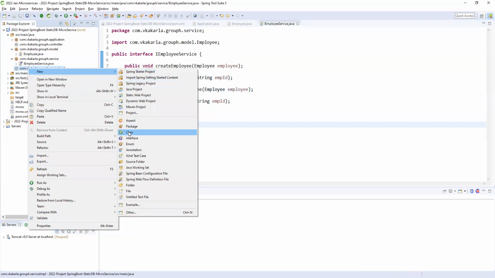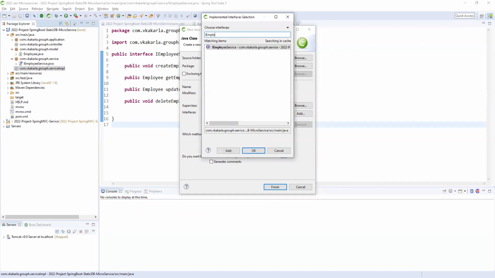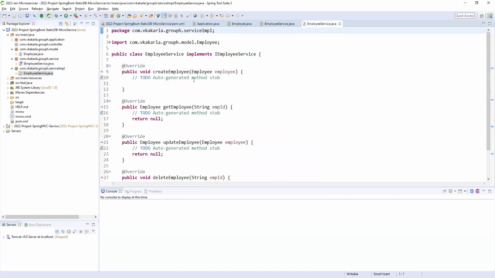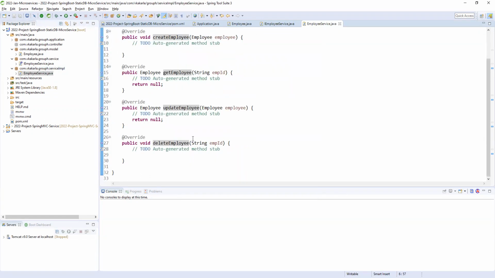So I'm writing a class. That class is nothing but EmployeeService. Directly I'm giving class EmployeeService, right? I'm not annotating any I here. This is a class. So you can add the interface here, if you know the interface. So I'm adding IEmployeeService, whatever the employee service is inside our application, it will come automatically. So I'm finishing. See, this is implementing the IEmployee interface. Our class is implementing our employee service, and it has already provided all the implemented methods. You need to provide an implementation here, right?